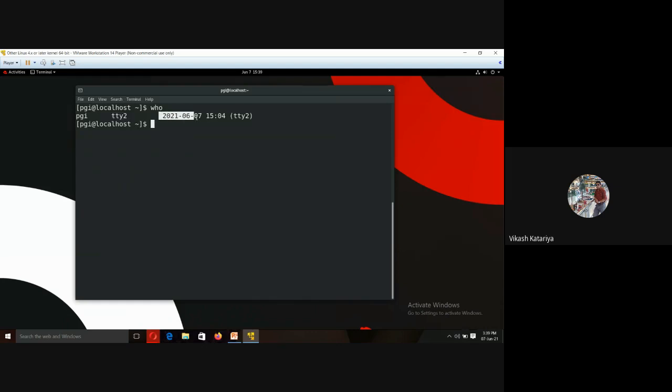Then 2021 is the date and time. So here we have seen three details: user account, name and number of terminal, and date and time.